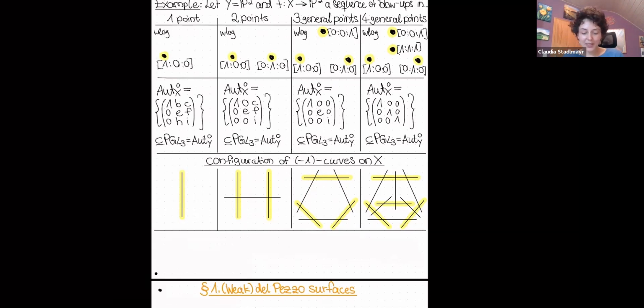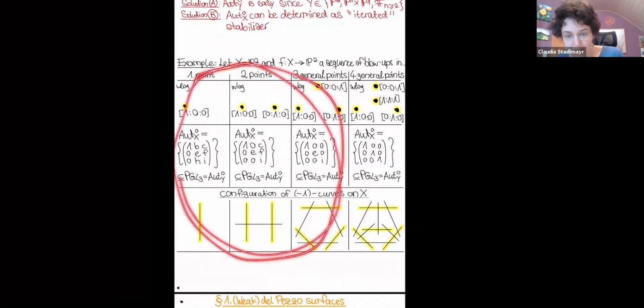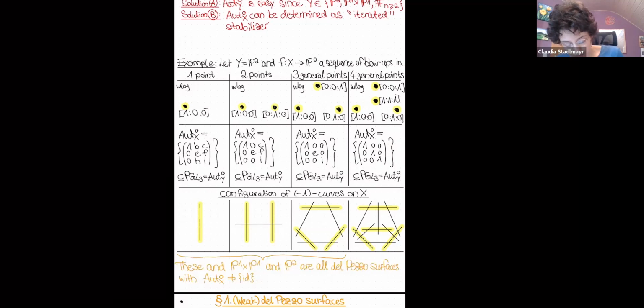Okay, now it may seem in this example like we've just randomly blown up some points in P2, but in fact it turns out that the first 3 columns of this table, together with P2 and P1 times P1, are actually all strong del Pezzo surfaces with global vector fields. Since every other del Pezzo surface is a blow-up of the fourth column, and we've seen that in the fourth column we already don't have any vector fields anymore. So these 3 columns are all strong del Pezzo surfaces with global vector fields, together with P1 times P1 and